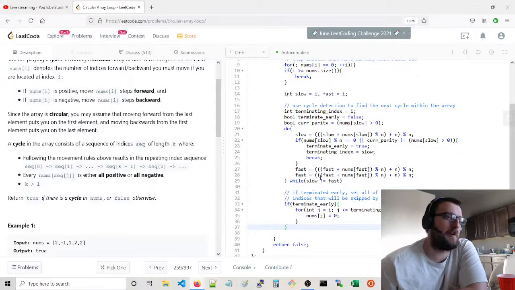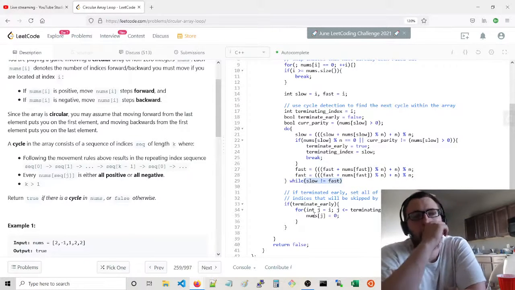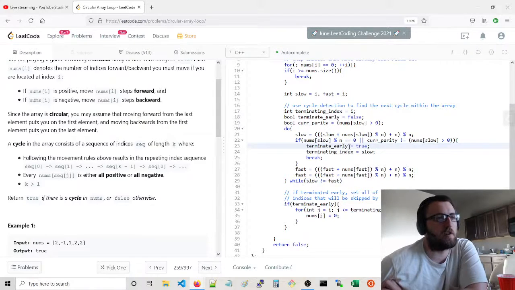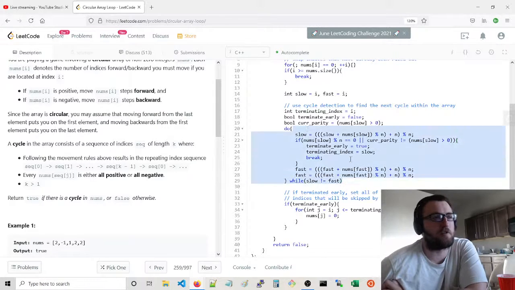a couple things. So you want to run through. You can find the cycle and check to see a few things. There's a few things to check. So we know if we don't terminate early that we're not dealing with a single loop, because this will terminate early on a single loop as well. If